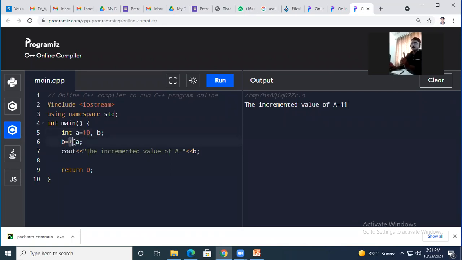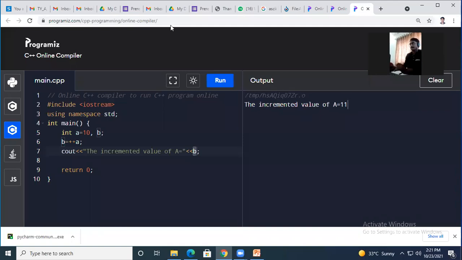So I'm going to add 1 to the value of variable a, that is 10 plus 1, that is 11. And this 11 is going to be stored in the b variable. And simply here I'm going to display the incremented value of variable b, which is 11. Are you getting this?